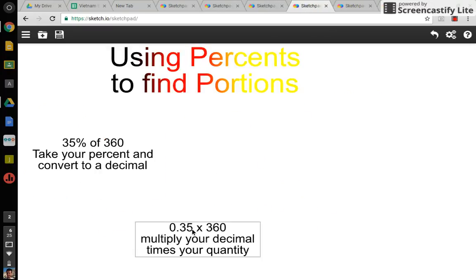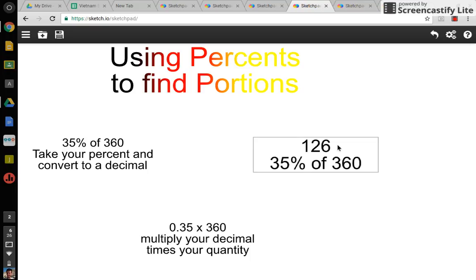So 35% is 0.35. And then we're going to turn this into a multiplication problem. The reason we're multiplying is because it's a portions problem. Portions means multiply. And also because we're finding 35% of 360. That "of" is signaling that we are multiplying. So we set up our multiplication problem, 0.35 times 360, and we get as our result, as our product,